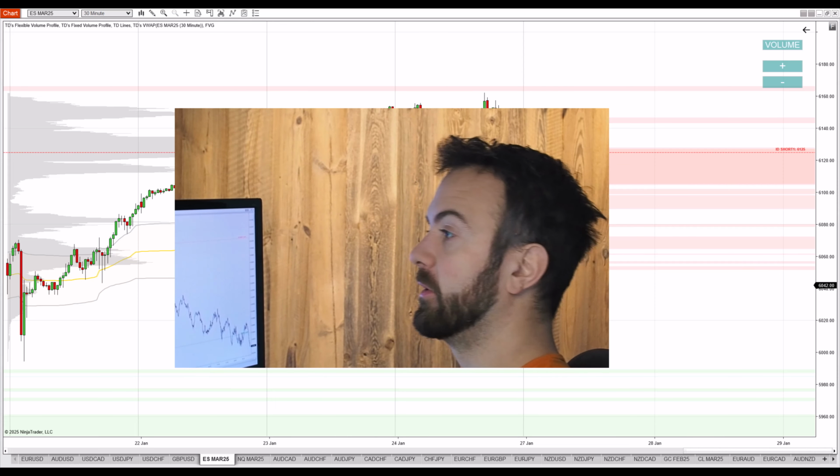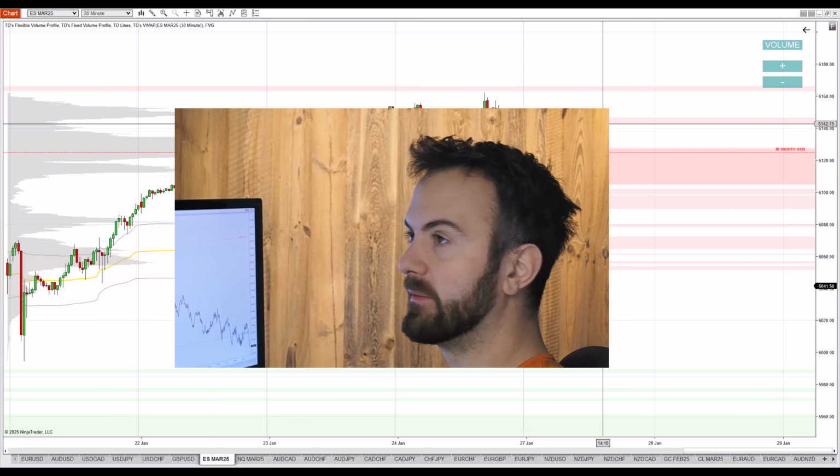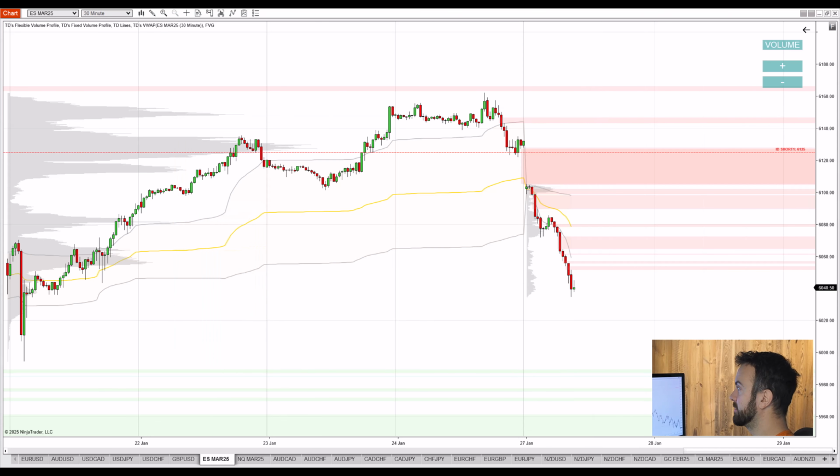What you see before you is the NinjaTrader 8 platform with my custom-made volume profile and the VWAP indicators. The chart before you is the ES, which is futures for the Standard and Poor's 500 index. This is a 30-minute chart, and on this chart you can see that the market opened with a pretty huge